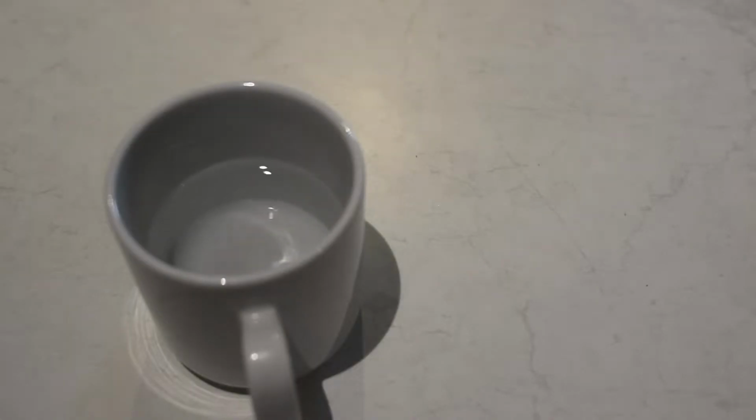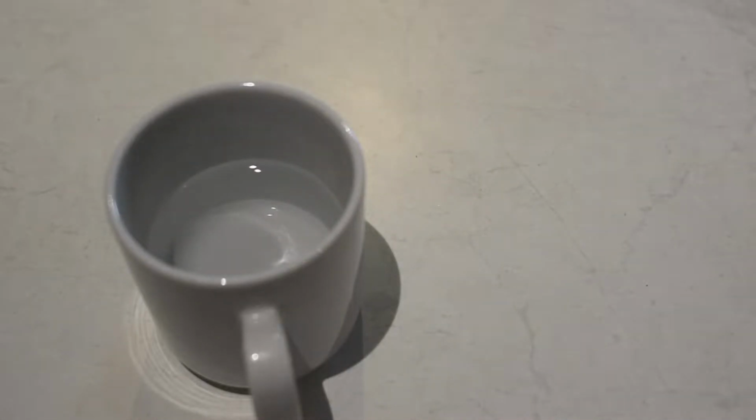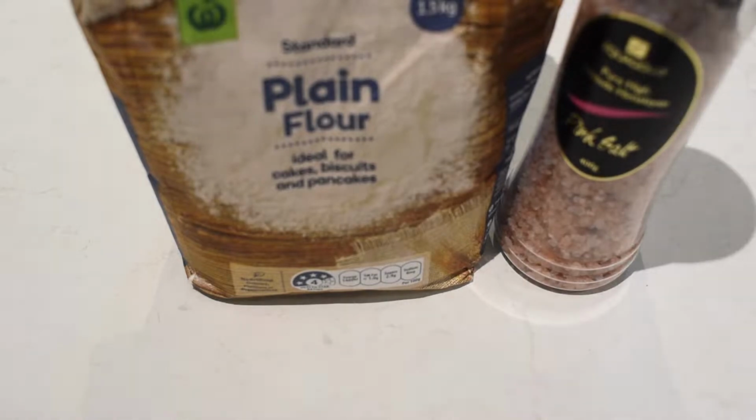But if you were to make it with yeast, all you'd have to do is take 1 teaspoon of your good old yeast, chuck that in half a cup of warm water, and leave that for around 10 minutes to activate. But because we're not doing that, we're going to start straight away with our flour, our salt, and our